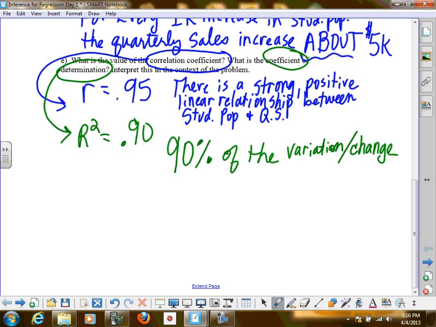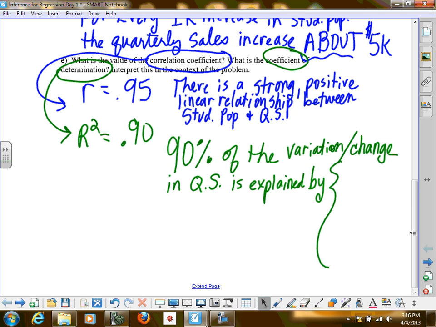So 90% of the change in quarterly sales is explained by, and there are actually three phrases that could go here, and I've seen it all three ways, so I want you to be aware there are some options of wording here. So 90% of the change in those quarterly sales is happening because of, or is explained by, here are the choices, a